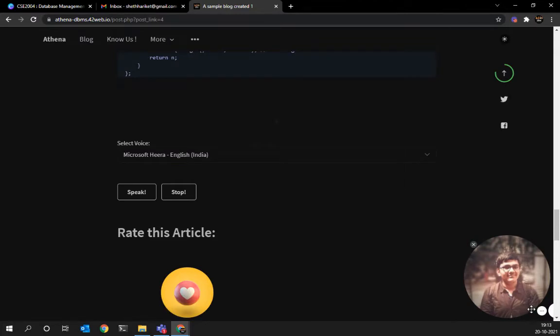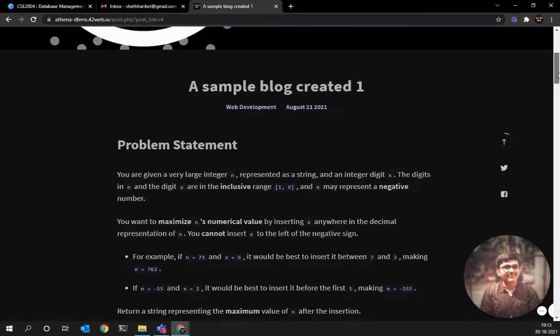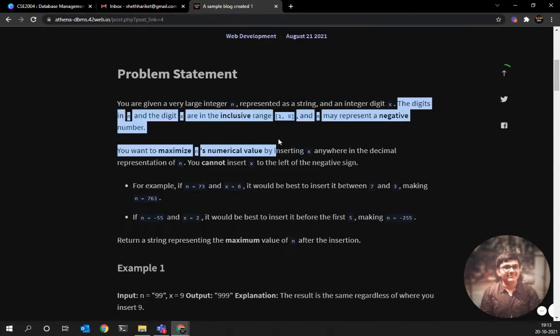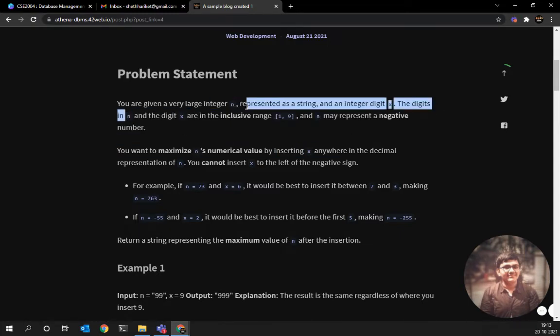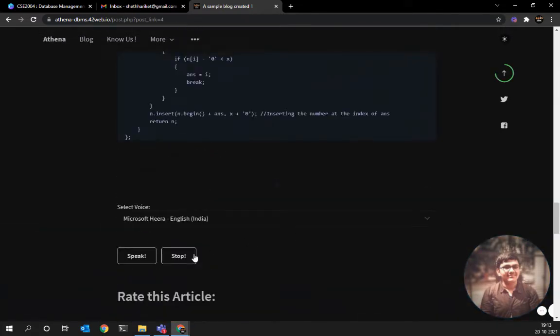You are reading the article with title A Sample Blog Created One by the author Hariket. Hope you enjoy reading the article. Problem statement: you are given a very large integer n, represented as a string, and an integer digit x. The digits in n and the digit x are in the inclusive range 1, 9, and